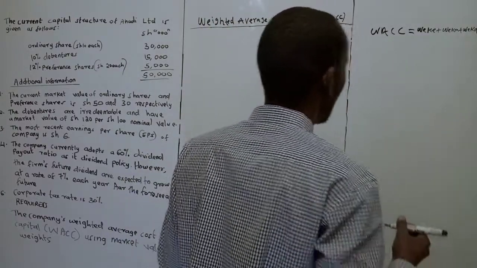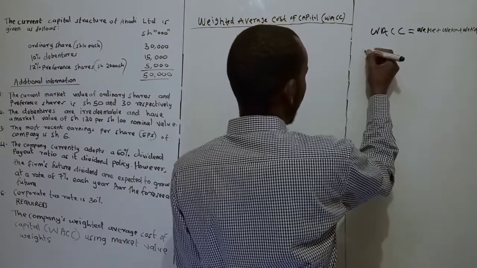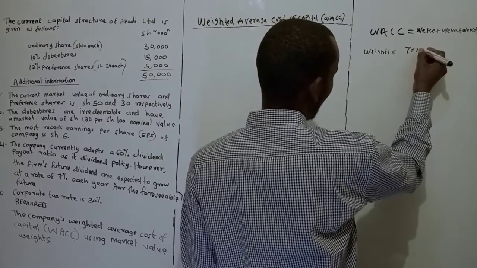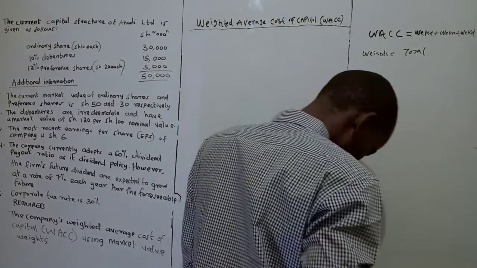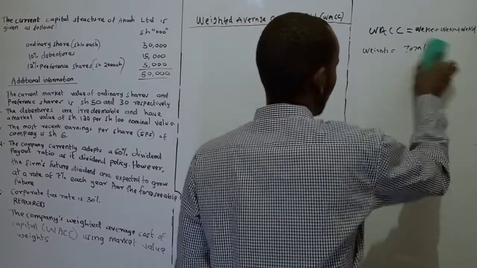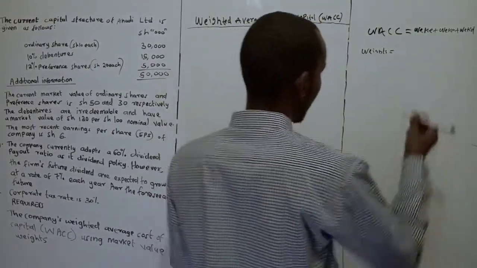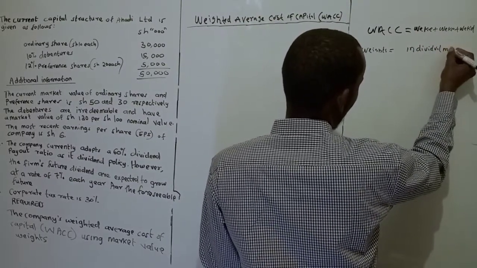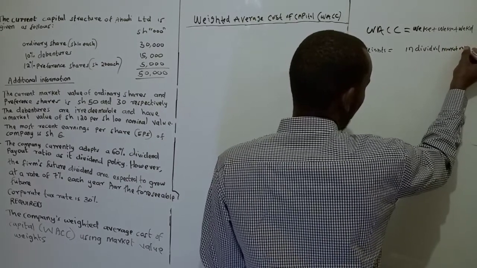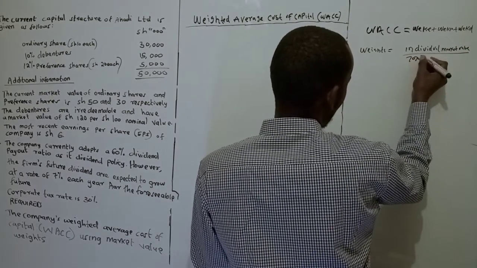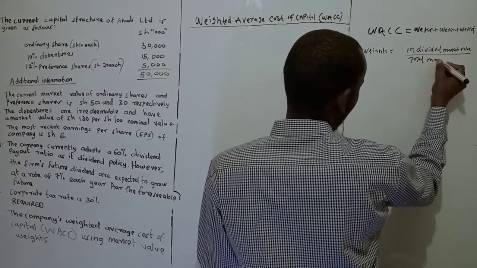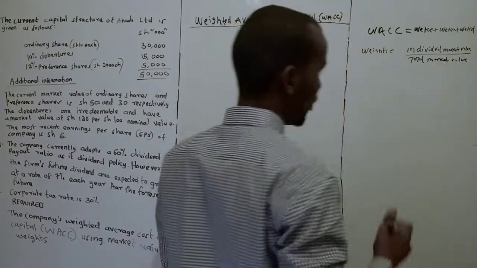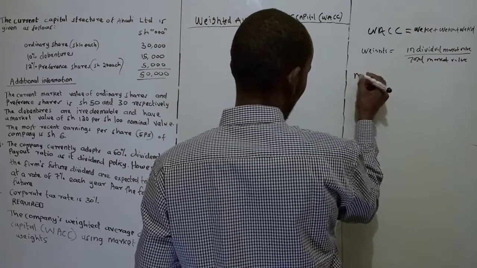And normally, for you to get the weight, we take the individual market value, then we divide by the total market value. The individual market value over the total market value. And how do you get the market value? For you to get the market value,